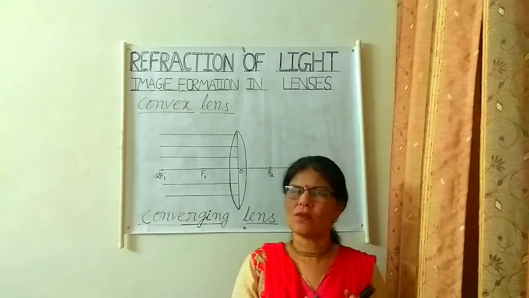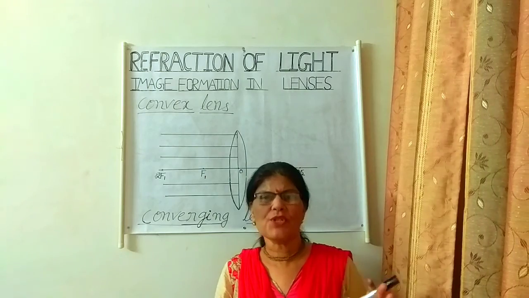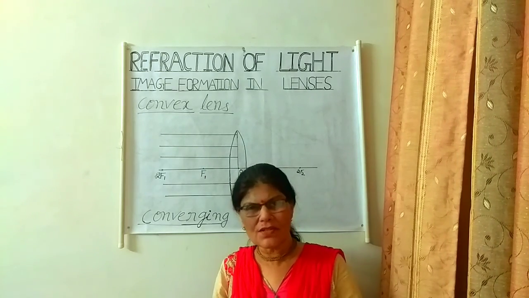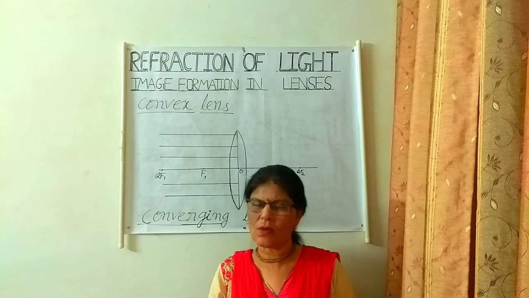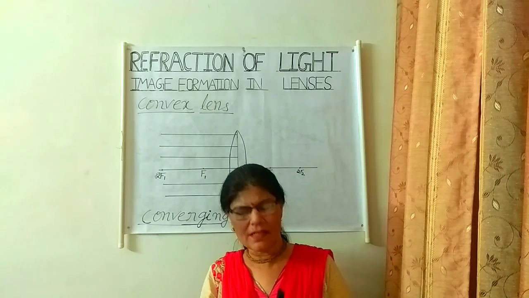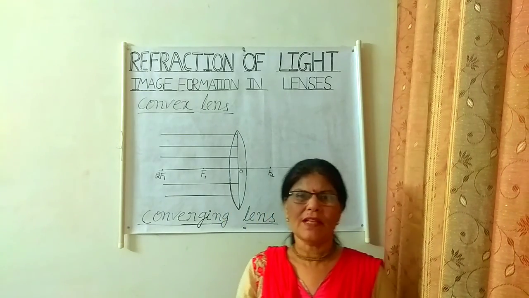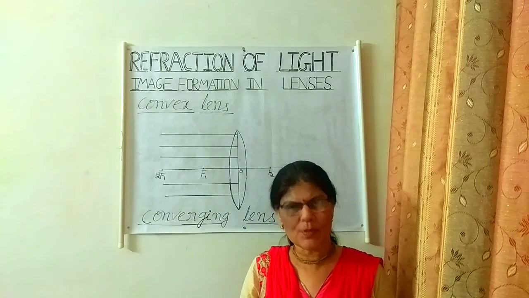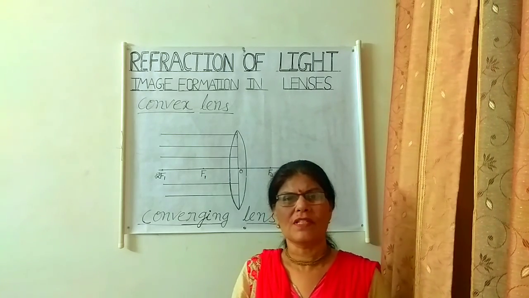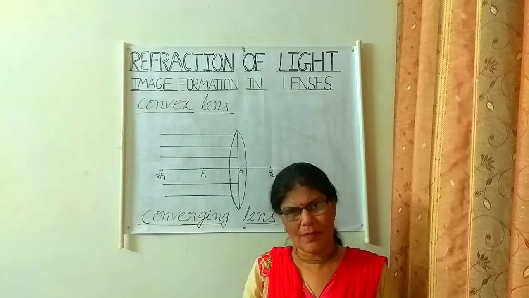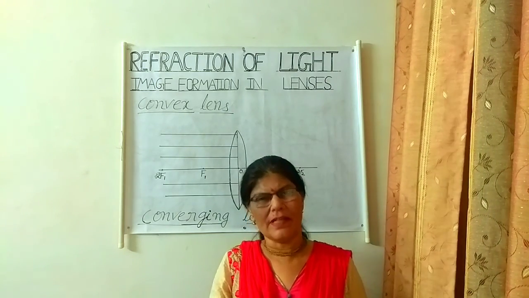And we have to adjust the convex lens as well as the paper in such a way that the image of the sun is concentrated on the paper, or we get a bright spot, a bright image of the sun on the paper. So when we get a bright spot image of the sun on the paper, then we have to keep the paper in that position for some time. After some time we will find that some fumes will start coming out from that place, and later on if we keep the paper on that place, it may start